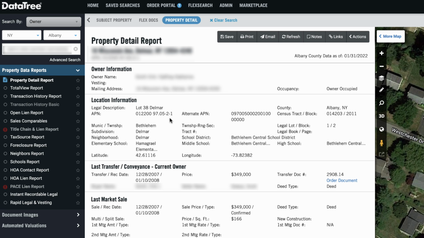Like you could just copy and paste this, and in most cases the owner name is going to be the same as the vesting, but there might be slight differences in how it's worded, or maybe the names have changed or something like that. And what this Rapid Legal Investing report essentially does is it pulls up the actual most recent